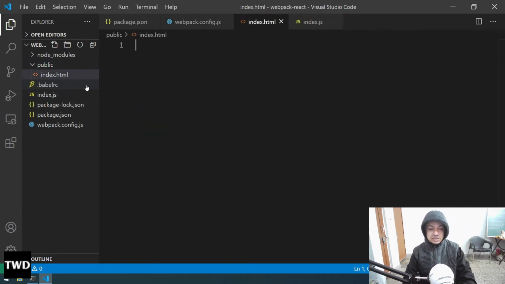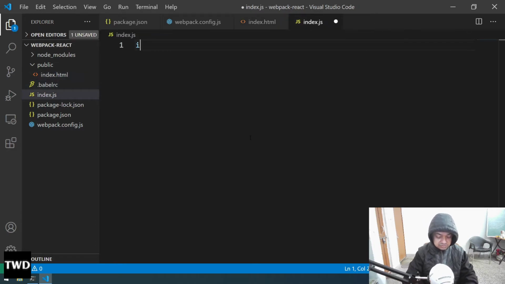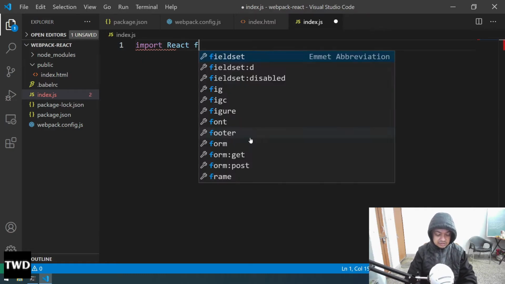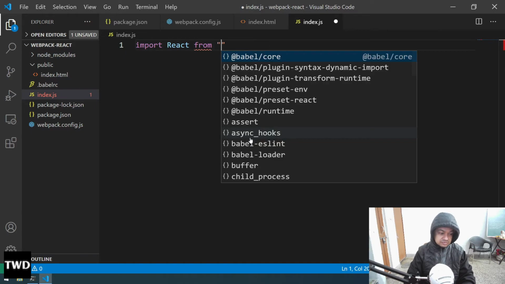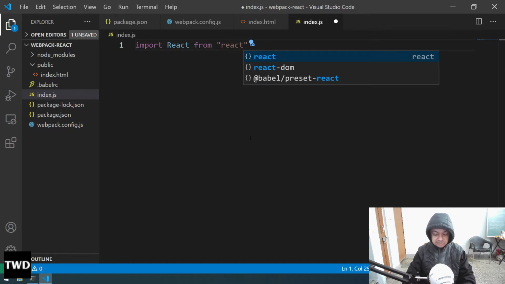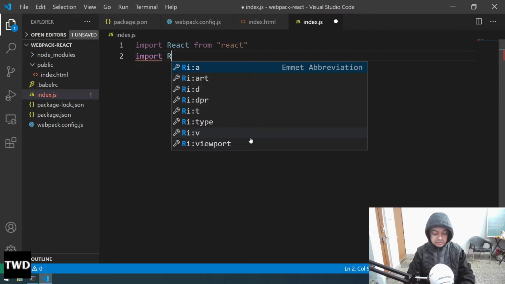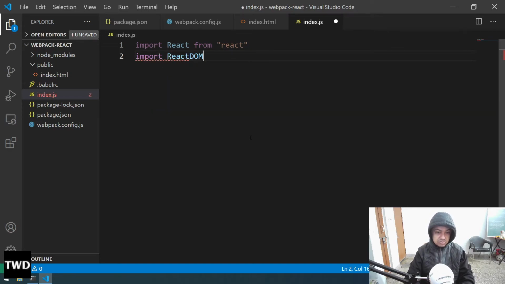So you might have seen this index.html file there also in the create react app. So this is very important, but before that, let us make the index.js file, and again you'll see it is exactly similar. Import react from react, import react DOM from react DOM,